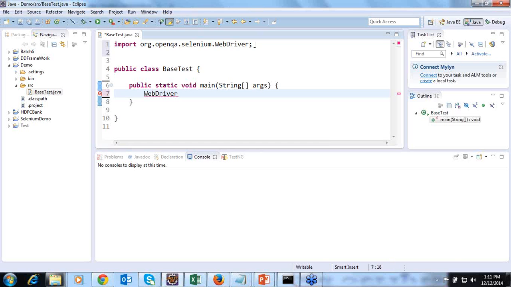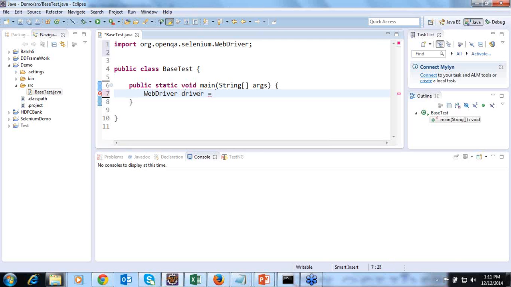As soon as you click, it will add one statement at line number 1 saying import org.openqa.selenium.WebDriver. Since this is an interface, we cannot create an object, but we have to use the classes which implement this interface. For example, here I will say driver.